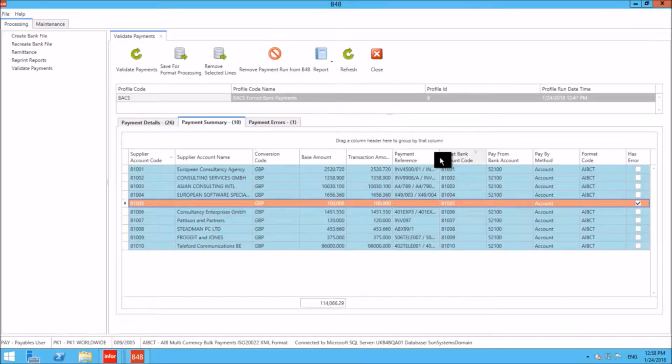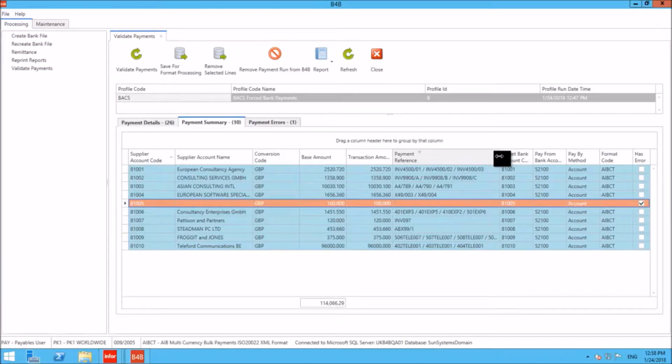And ultimately here we can see that the payment method is to pay by account, and this is the default. It means we're going to consolidate the invoices per supplier to then produce one bank payment for the total amount we're paying by creditor. There is an option within B4B at a supplier level and also at the system level. We can change the pay by method to be by reference, so each individual invoice would generate a separate bank